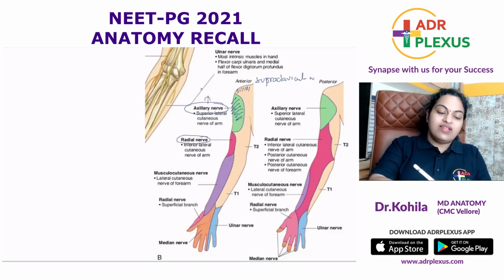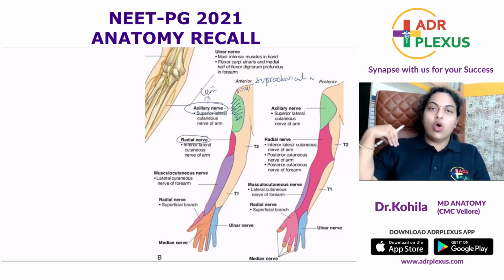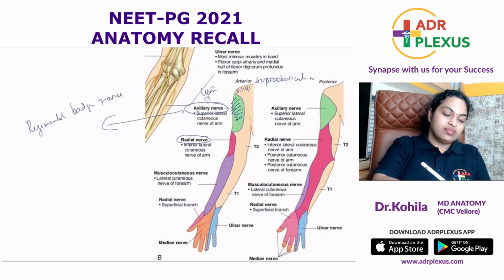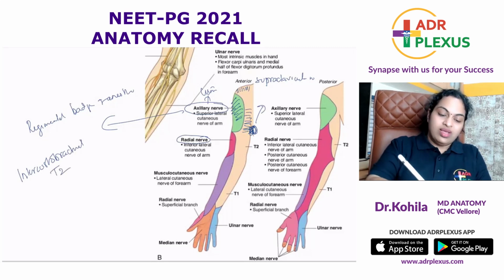So with an axillary nerve lesion, there is loss of sensation over the lateral aspect of the arm. What is that called? The regimental badge of anesthesia, right? Medial aspect of the arm, medial cutaneous nerve of arm. Here you should remember that the skin over the posteromedial aspect of the arm is going to be innervated by the intercostobrachial nerve, T2.